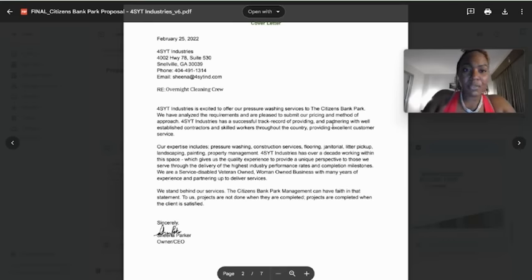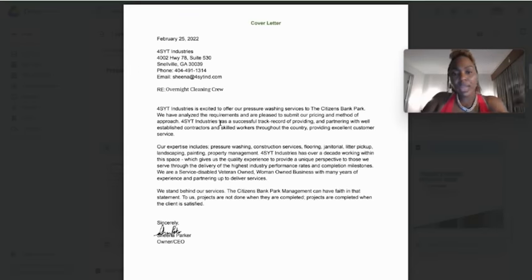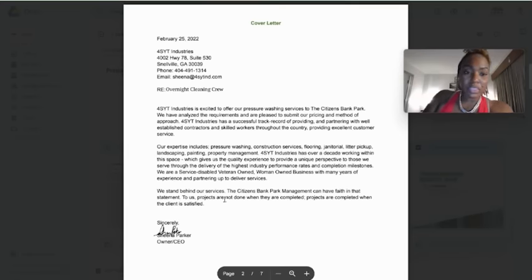So here's an example of kind of how it's supposed to look. You just put the date, you put your company address, email, all that good stuff. And this is for we have an active contract with Citizens Bank Park with the Philadelphia Phillies Stadium. So you know me, I'm transparent. So this is how ours looks. It's super short. And this one was a little unconventional because it wasn't government, but you can add more, take away,